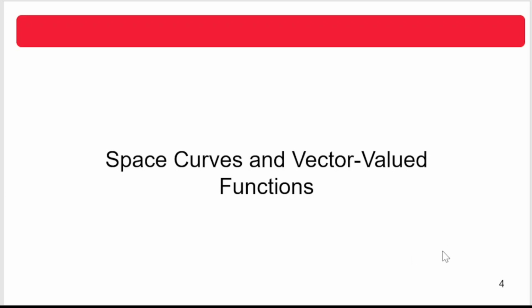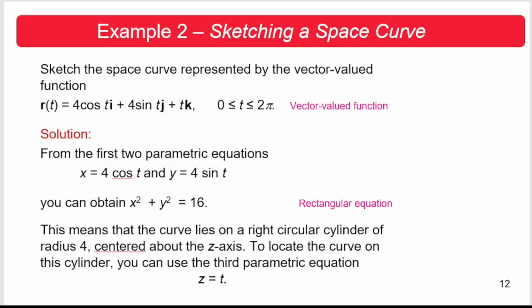Everyone. So in this lesson, we'll continue the discussion on space curves and vector valued functions. Now I'll give you an example on how to sketch vector valued functions. Okay, so as an example, suppose we are asked to sketch the space curve represented by the vector valued function r of t equals 4 cosine t i plus 4 sine t j plus t k, where t is from 0 to